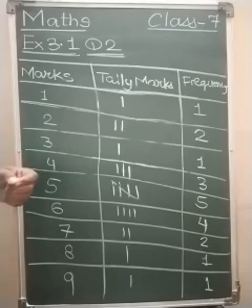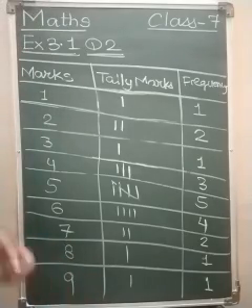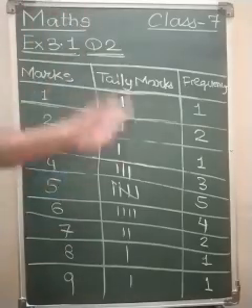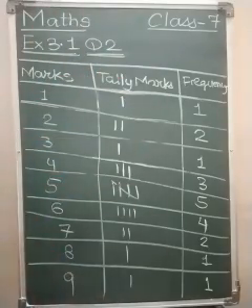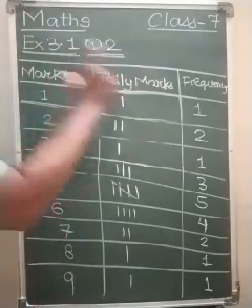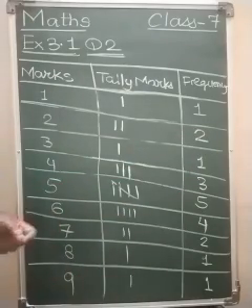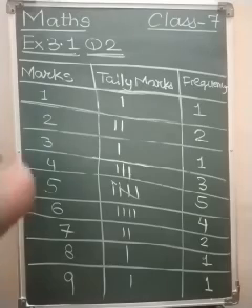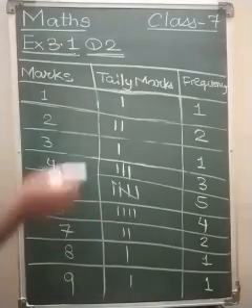Now just remember, if you want to see the data from the given unorganized data, it is quite difficult for you to see. But when we arrange the data in a tabular form, or when we collect and organize the data, our questions become very easy. We can easily answer the question. Let us proceed to the questions now. I am rubbing out this.